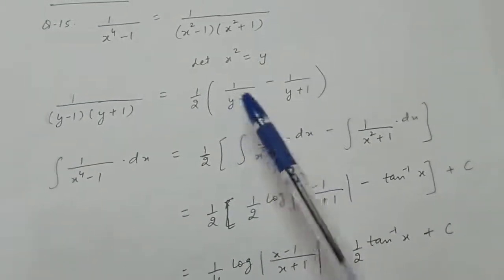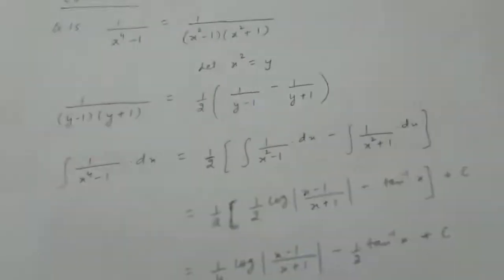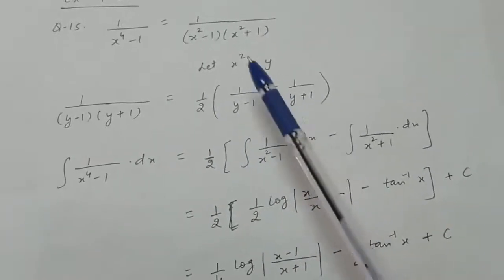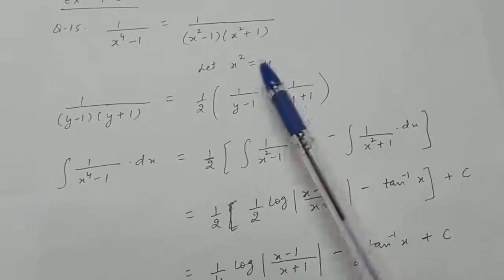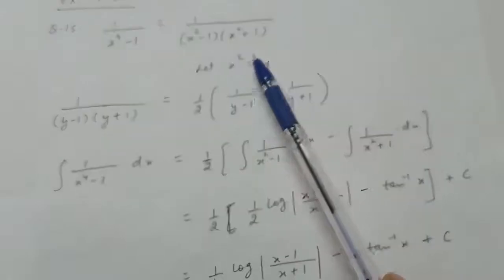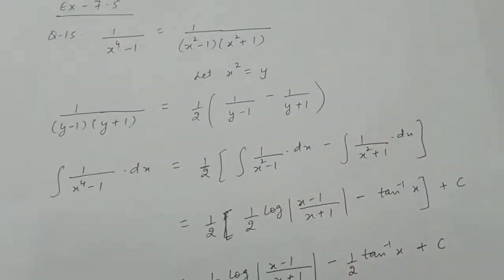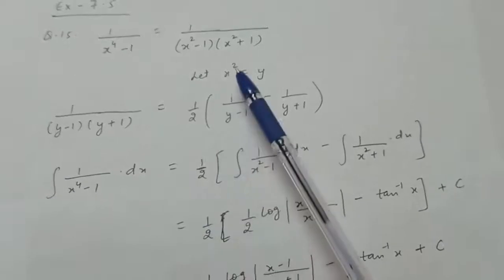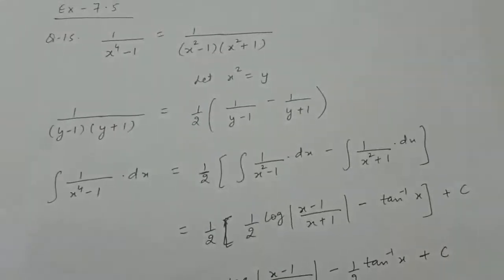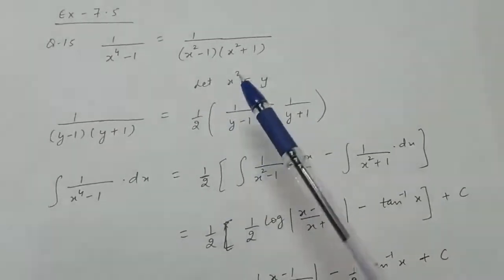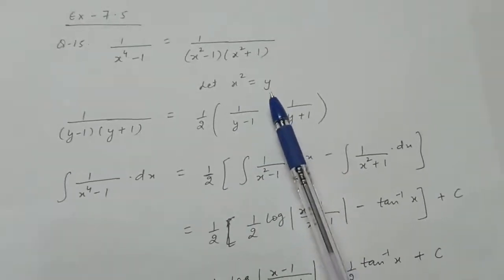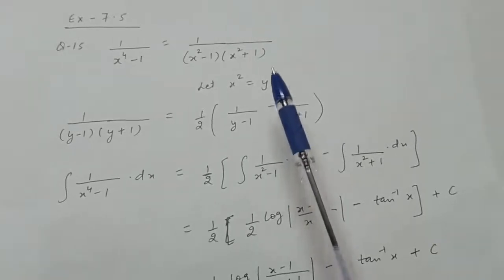Now in place of y again writing x square, because we let x square equal y just for the simplification of the given function. We are not substituting x square equal to y in the integral. Why are we not substituting? Because when you differentiate both sides, you will get 2x into dx equal to dy, because the derivative of x square is 2x, but 2x does not exist in the integral, right? Therefore we had taken x square equal to y just for the simplification, and not for the substitution.